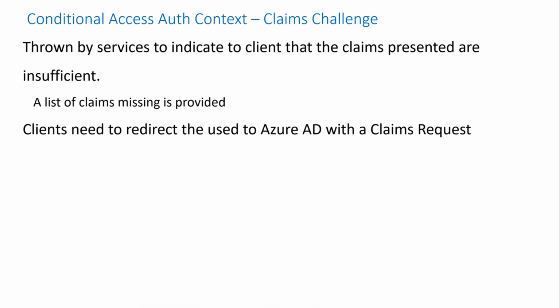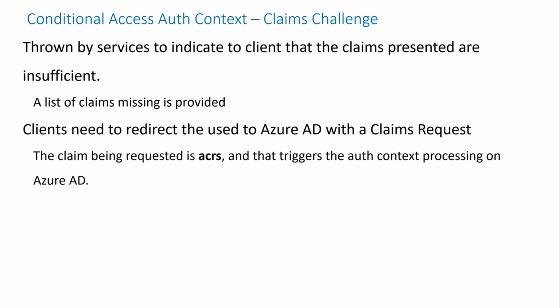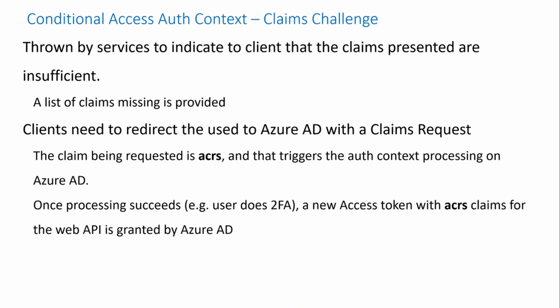The client needs at this point in time to redirect the user back to Azure AD with what's called a claims request. Sorry, this is a lot of things to explain. So the claim that we are requesting back from Azure AD is ACRS, and this has an auth context ID. Now, when Azure AD sees that the client application is asking for a claim called ACRS with a value of C1, it goes through its various conditional access policies